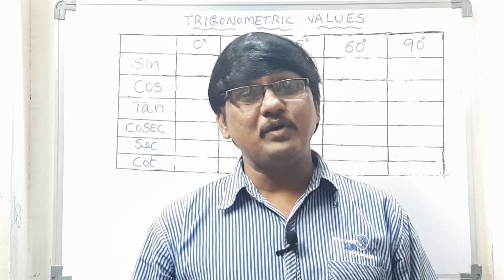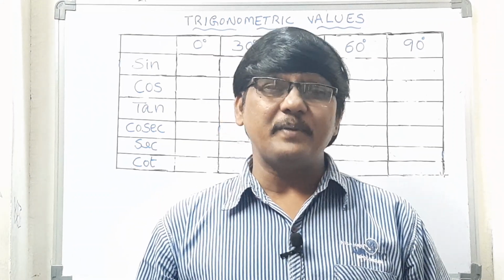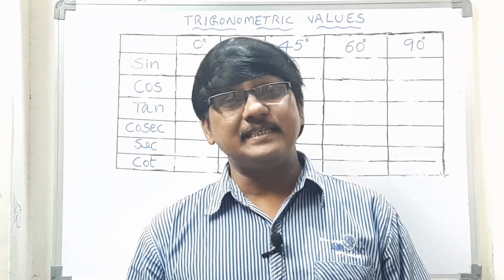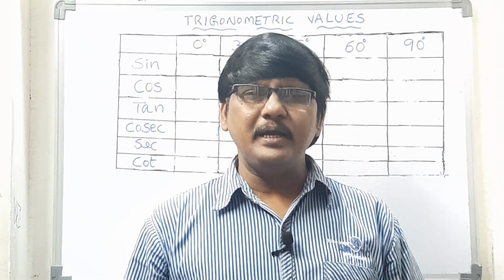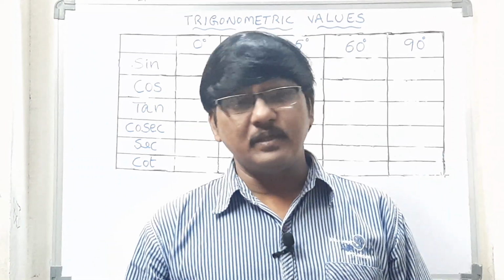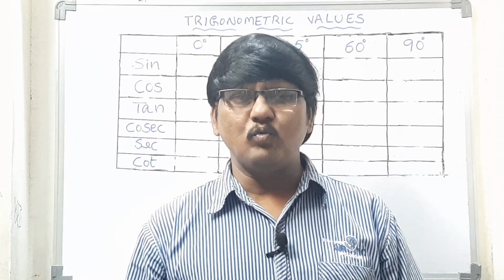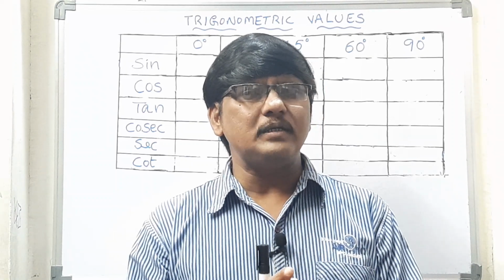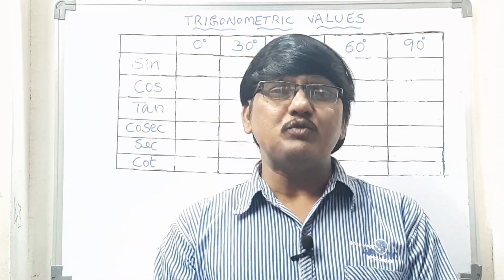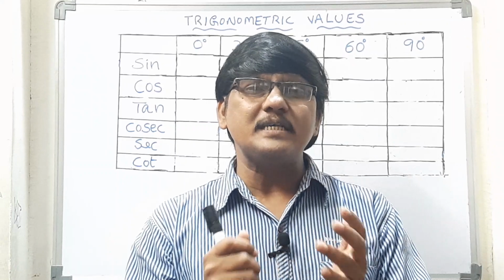And in today's session we are going to discuss trigonometric values, part of basic mathematics for JEE as well as NEET. And these trigonometric values often cause us a lot of confusion. The reason is the values are 0, 1 by root 2, 1 by 2, 1, my god. These values are very similar and very close to 1, so it leads to a lot of confusion, and because of this confusion there is a possibility of losing marks in the exam.